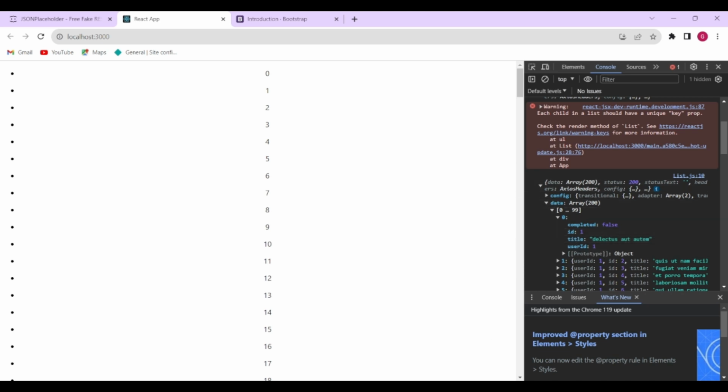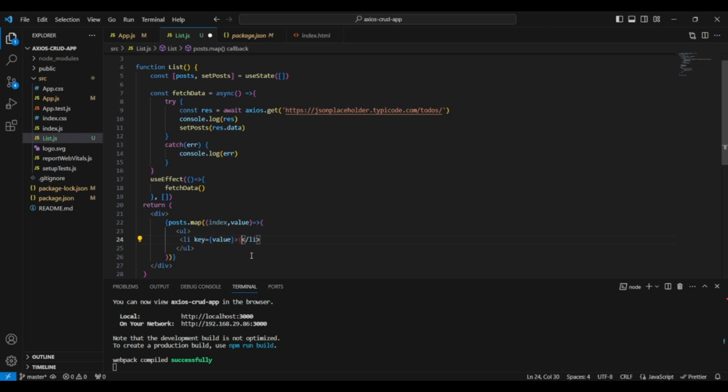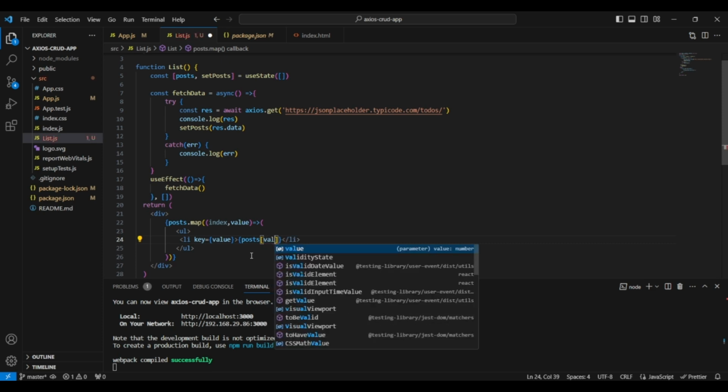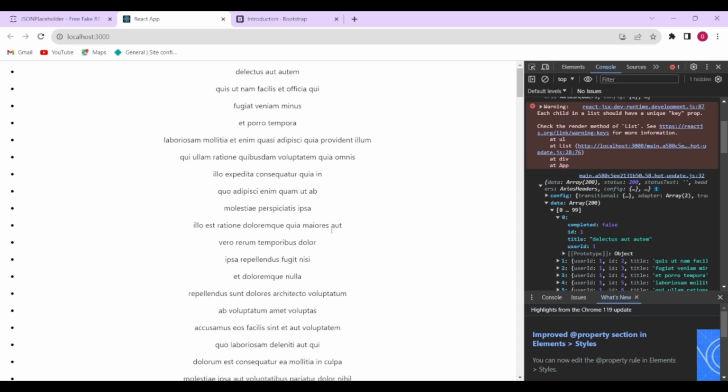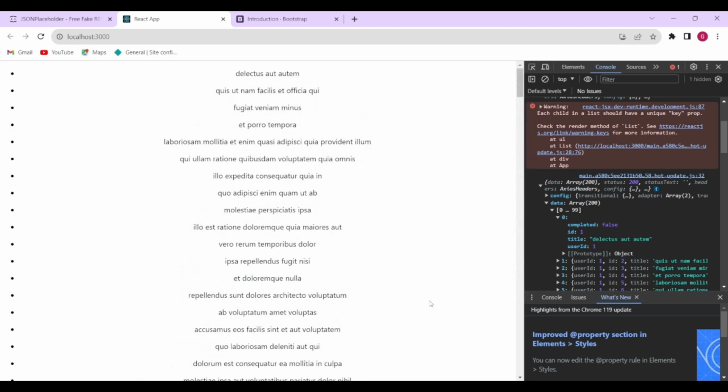So how we can frame this is, we want posts, value, which would be 0, the first position, and then the title. So for every value, first it would come posts 0, the 0th one, and its title, then the first one, then the second one. Let me save it and see what is coming. Yeah, as you can see, we are getting all the 200 posts here. So this is how you can display a list